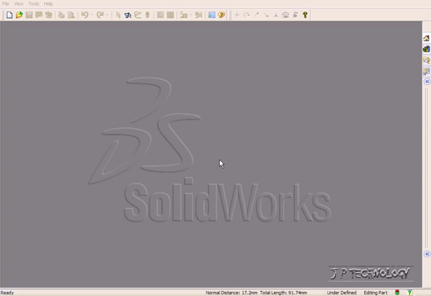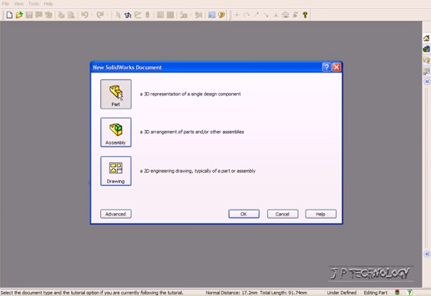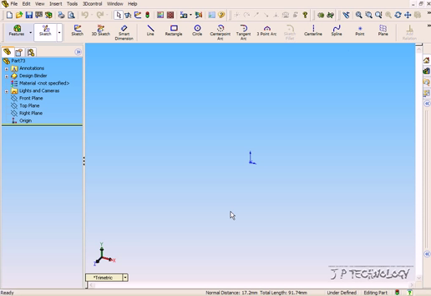This is tutorial number 139, and it covers how to use the Fix Sketch Relation feature within SOLIDWORKS. Now to start off, let's open up a new part file. Let's click File, click New, click Part, click OK. So in this tutorial, using the Add Relations button again, I'm going to show you how to fix a sketch